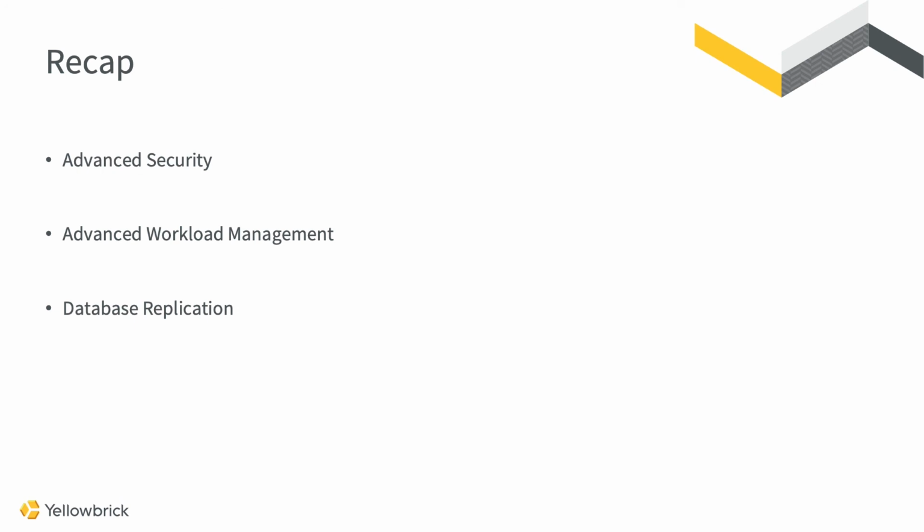So let's recap the topics that we discussed today. We talked about advanced security in Yellowbrick, things like securing the physical hardware or the end user connections to the system. There's also the really unique features like CARE, the column at rest encryption, which allow you to grant or revoke access to keys, which allow users to see encrypted or unencrypted data. There's also advanced workload management, which allows you to get the most out of all the resources in the Yellowbrick system. And then finally, database replication,